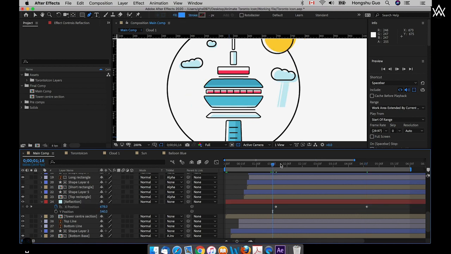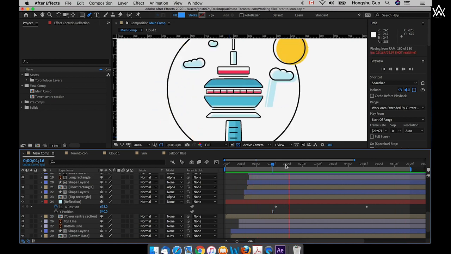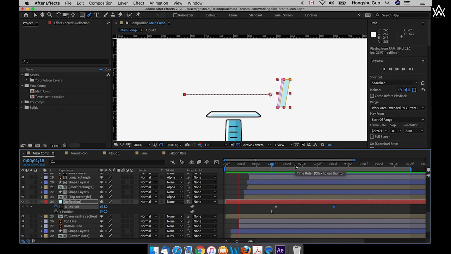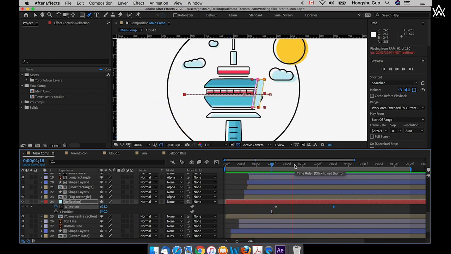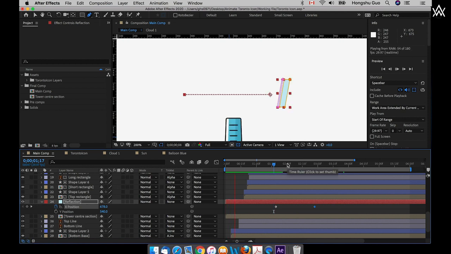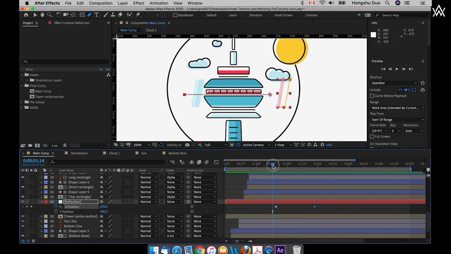So that's the animation of the reflection. Let's preview this. It might be too slow. I want to drag it closer here. Still feel like it's too slow. Maybe even more. That looks better for now. And then what we need to do,